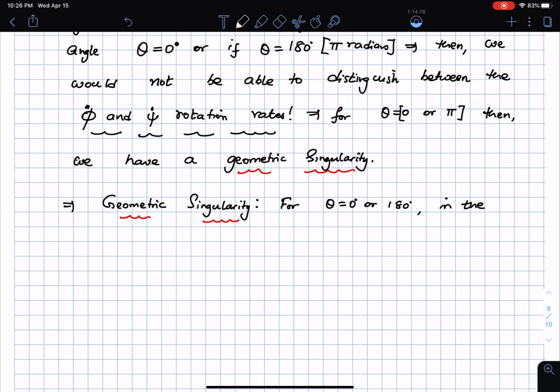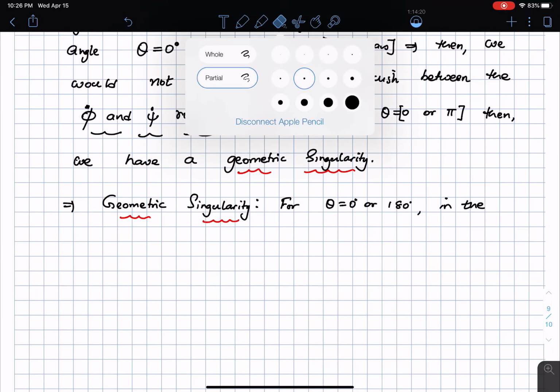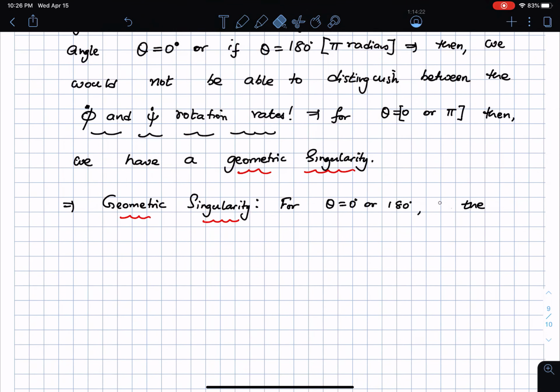Importantly, in the 3-1-3 sequence, that's important. This is not true for any sequence. For a different sequence you'll have a different set of singularities. In the 3-1-3 Euler sequence,